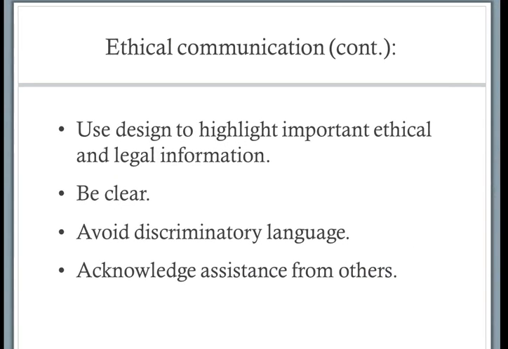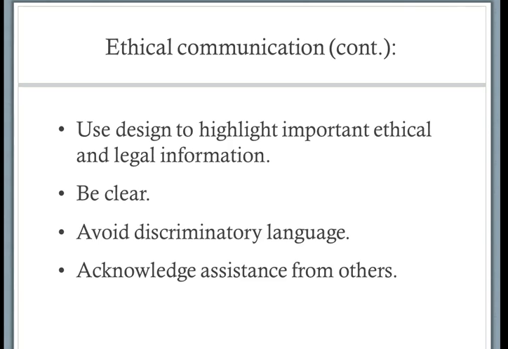Use design to highlight important ethical and legal information. So for example, you have all seen the red sign that says stop, and you know that you're supposed to stop. So when you see that in a document, you know that, oh, I need to stop. Or if you see a warning in red, that draws attention to the fact that you need to pay attention to this particular information and read it carefully